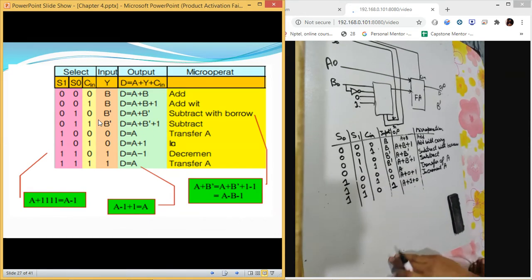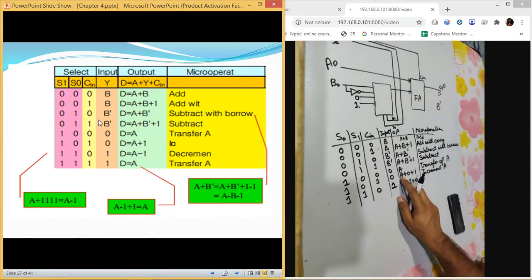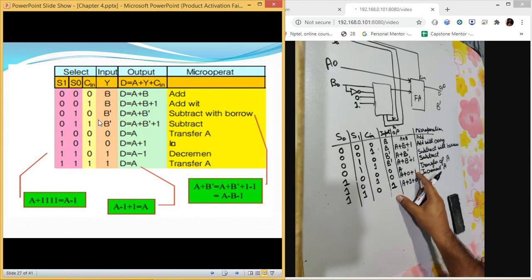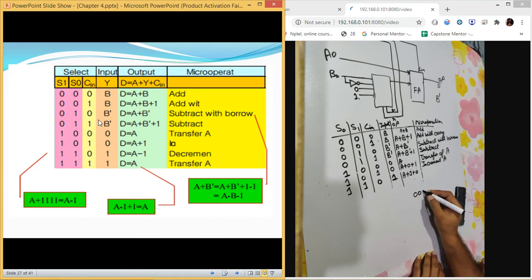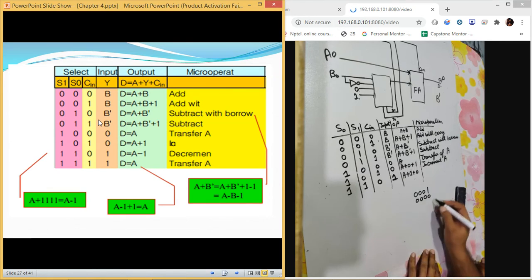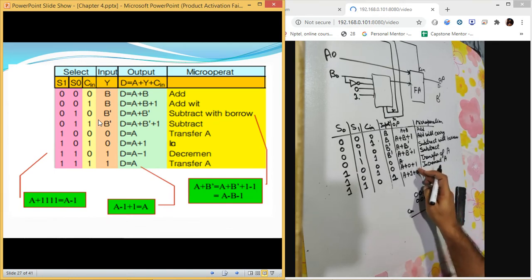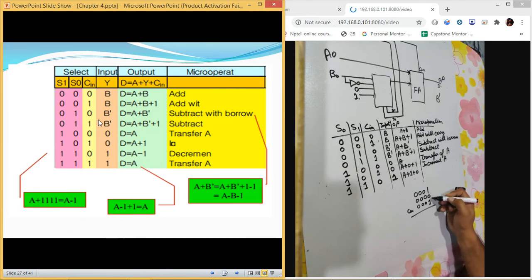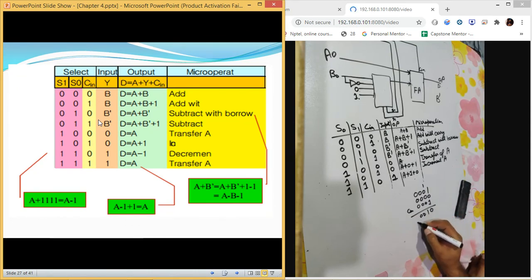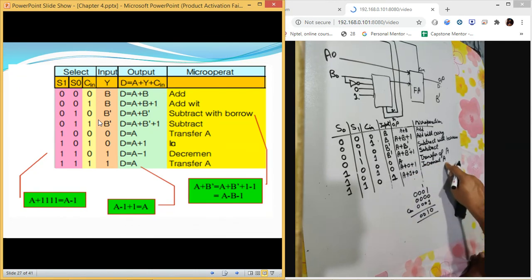See, in the increment function, this was the value of A, B value was 0, this was the value of carry, C in. So it was something like this, and we are adding a value 1, that is for carry. So earlier, this addition was something like this. So 1 plus 1 is 0, carry 1, 1, 0, 0. So this was the resultant. That is why it was increment of A.